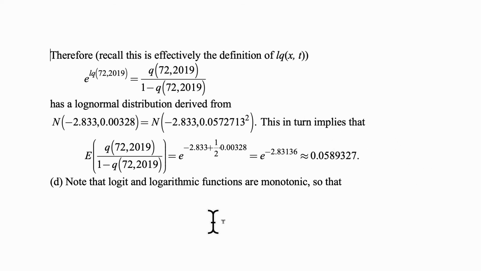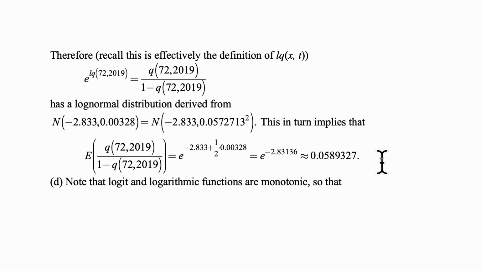This in turn implies that the expected value of this expression is e to the negative 2.833 plus 1/2 times 0.00328. That's from what we know the expected value of a log normal distribution is. That's approximately equal to e to the negative 2.83136,